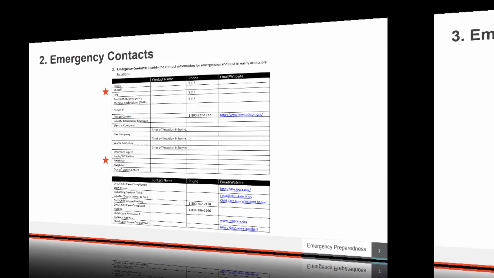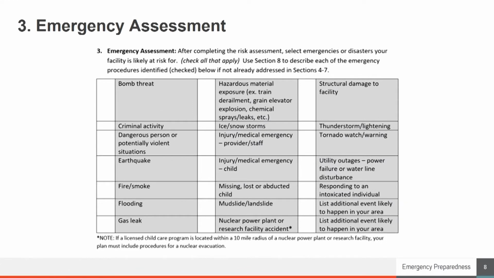After completing basic and emergency contact information, the next step in developing your emergency plan is to identify emergencies and possible disasters that are most likely to happen at your child care center and in your community. Check all possible emergencies, disasters, or additional events likely to happen in your area. Some examples include a chemical spill, train derailment, flooding, or gas leaks. Refer to the appropriate DHS requirements for your program found on the CCR&R website in relation to each of those.